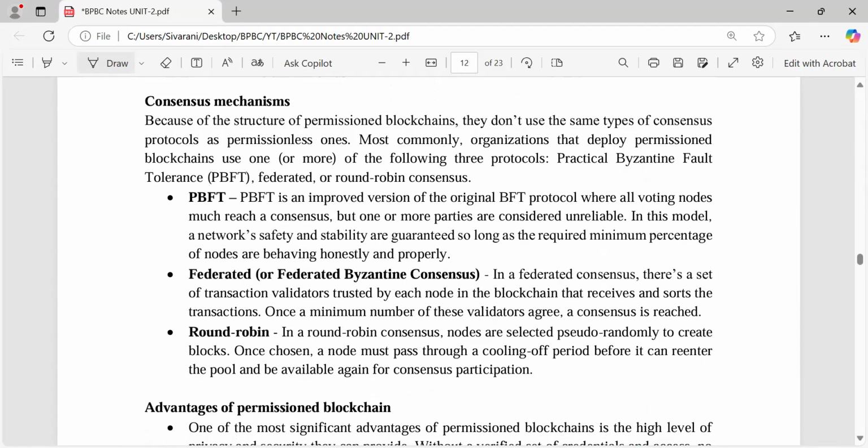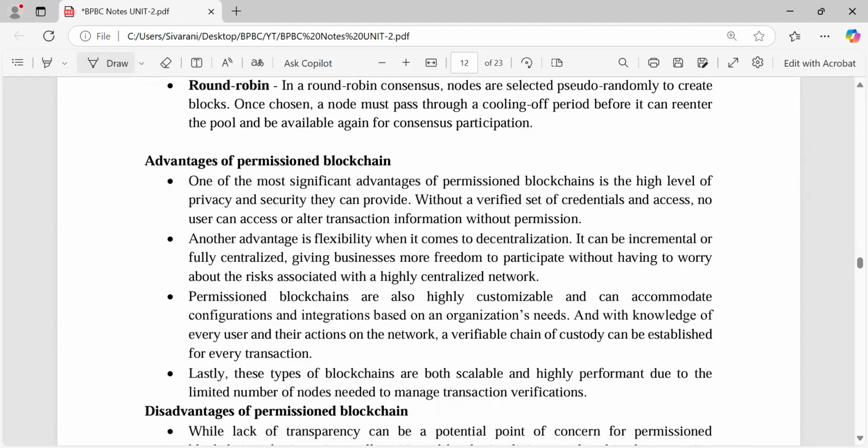network. Mainly three protocols are used: practical Byzantine fault tolerance, federated Byzantine consensus, and round robin. In the PBFT protocol, all voting nodes must reach a consensus. One or more parties are considered unreliable. In federated Byzantine consensus, a set of transactions is validated and trusted by each node in the blockchain. In round robin consensus, nodes are chosen pseudo-randomly to create blocks; a node must pass through a cooling off period before it can re-enter the pool and be available again for consensus